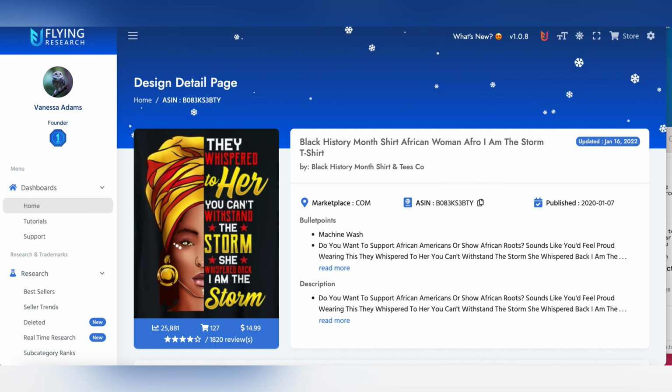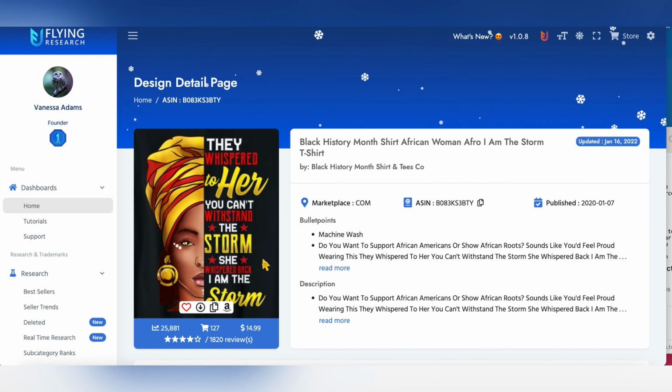Niche number 5, if I'm not mistaken, is Black History Month. You know, Black History Month begins with Martin Luther King's birthday. By the way, that's today. Happy Martin Luther King Jr. Day to you guys. So the whole of this month is going to be Black History Month, and this shirt is